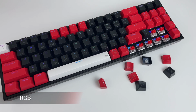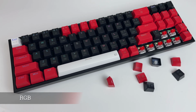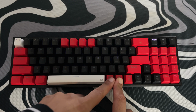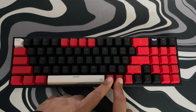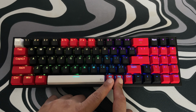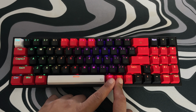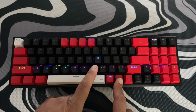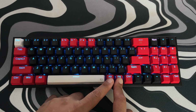So it wouldn't be a gaming keyboard without talking about the RGB. Well, the RGB lighting on the Pollux Pro is great. It's not overpowering with a million different combinations that most people will never use. This keyboard comes with 20 backlight effects that can be cycled through when you use the function and mode key in combination. The function key can also lower or raise the brightness, change the running speed, and change the backlight